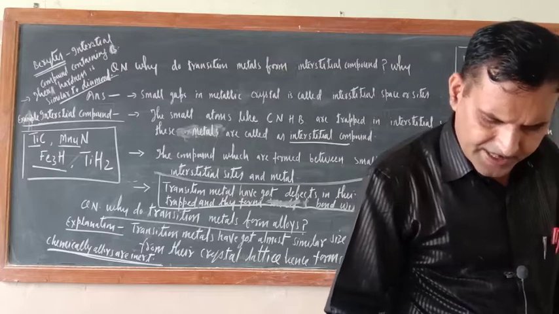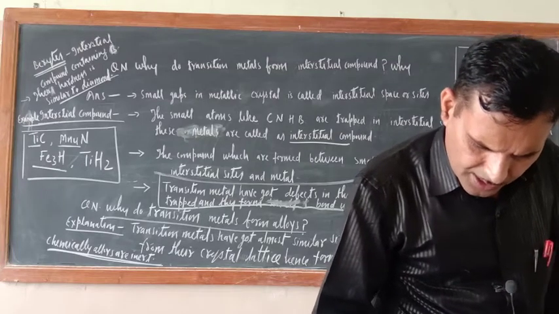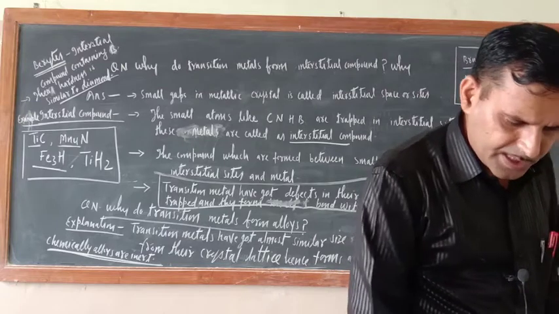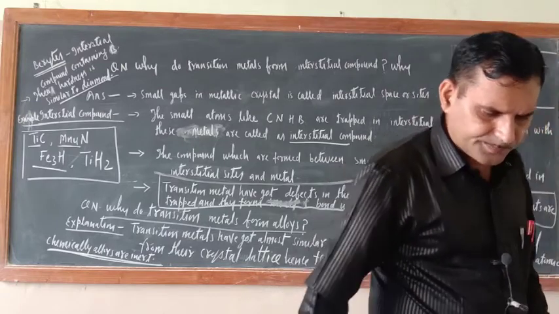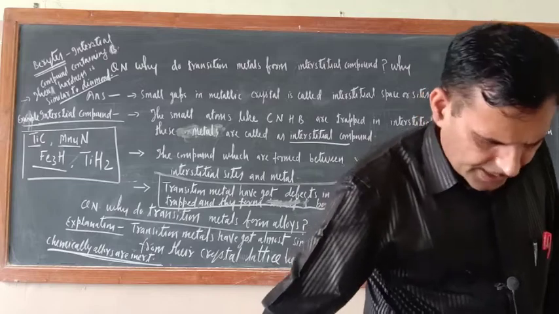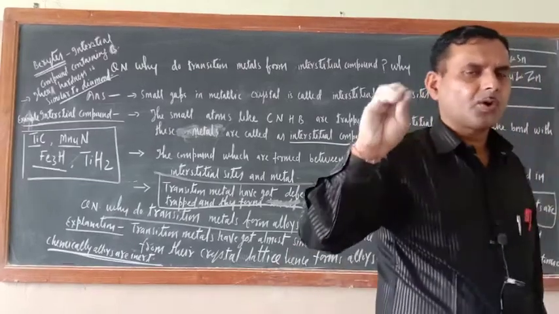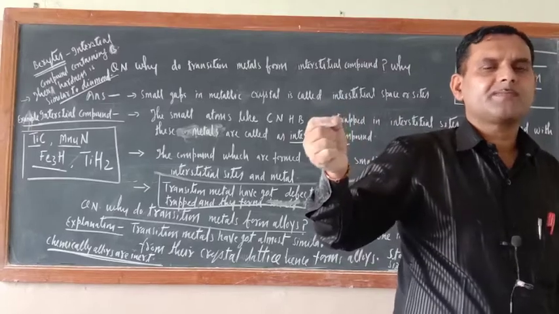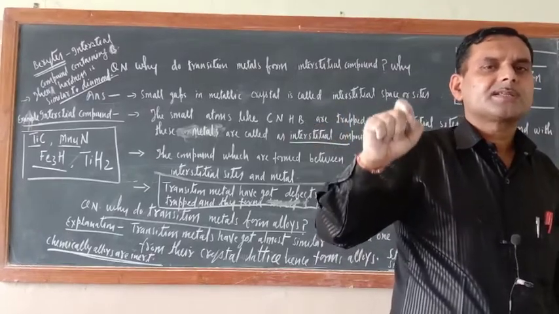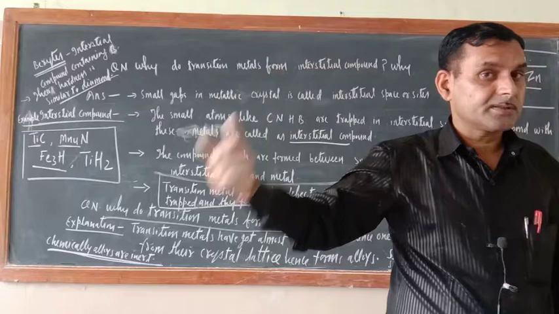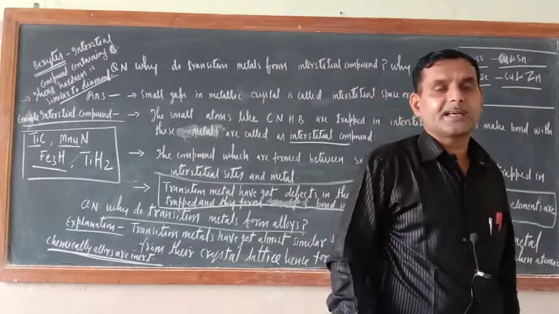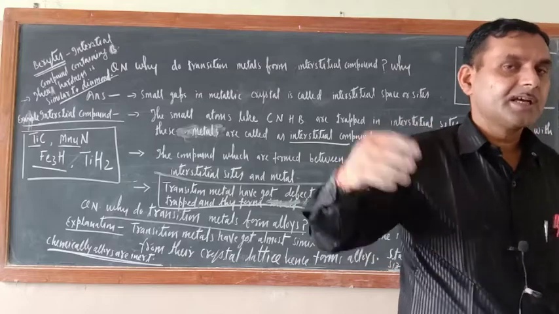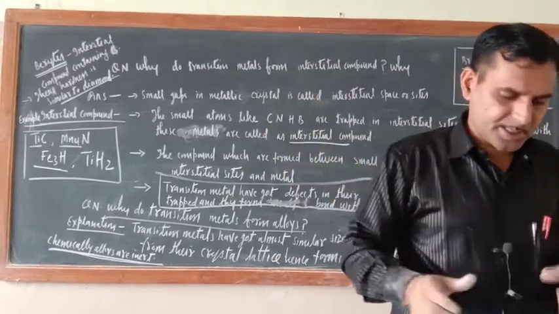Now regarding oxides and oxoanions of metals, there should be some more clarification regarding the oxides. And there is one more question in the sample paper: CrO is basic, but Cr2O3 is acidic. Some questions like that are there. So tomorrow I will see and explain all those things in detail.